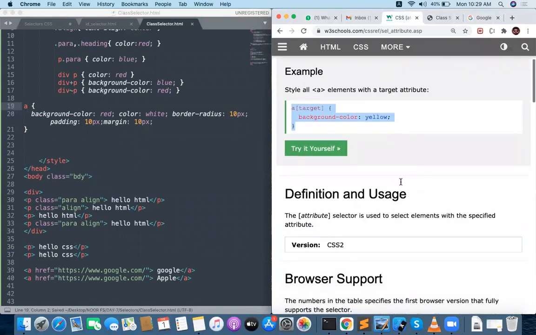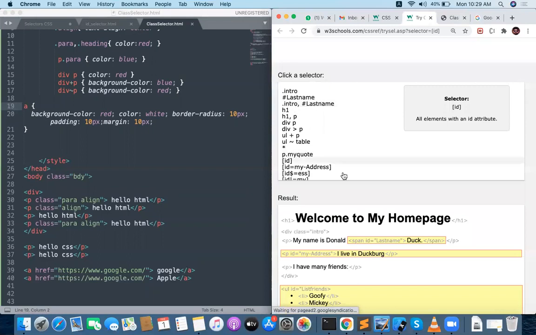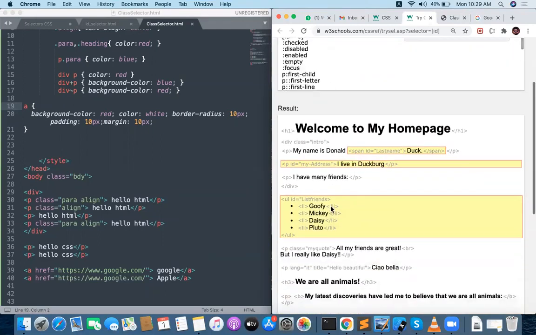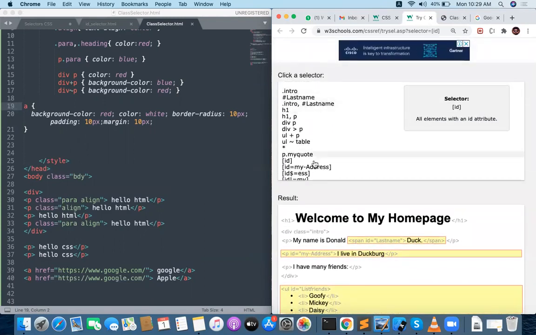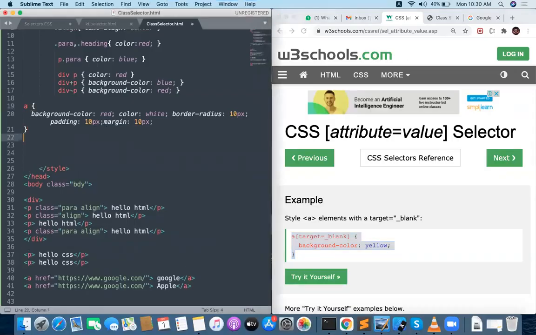Next, I want to apply one more selector like this. Okay, let me tell you. Some hyperlinks I want to give the blank.